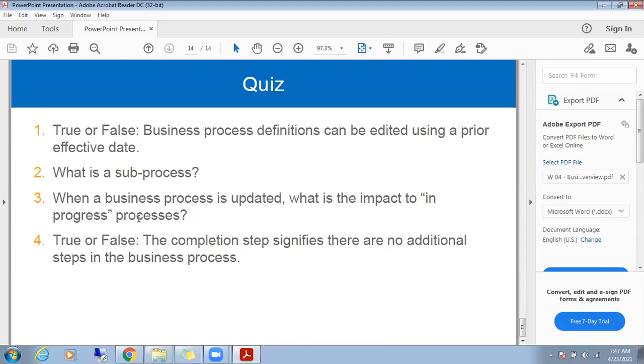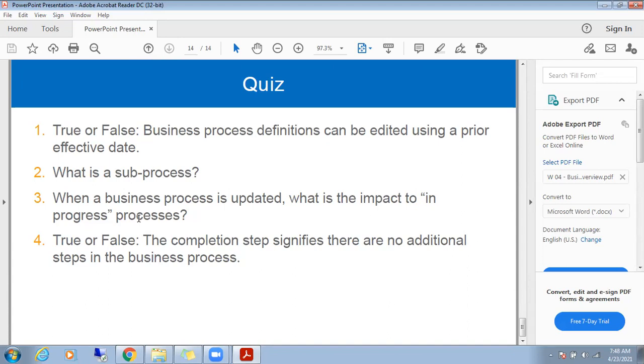Remember this. Can you please explain this with an example? If you're working on some process, there are some steps in process and they're not completed yet. What happens is that some changes are made to the steps. As these steps are in process, they can see the changes. Correct, that is what the step is.